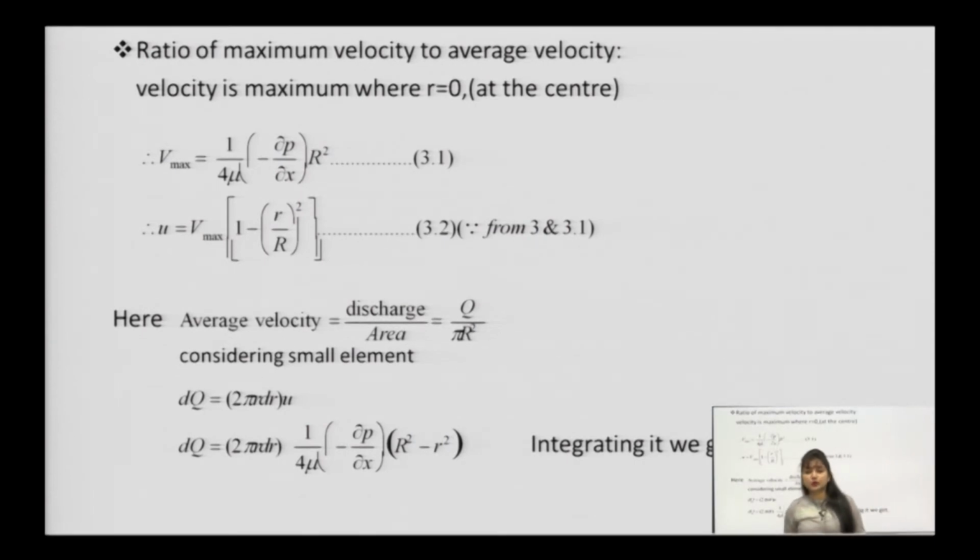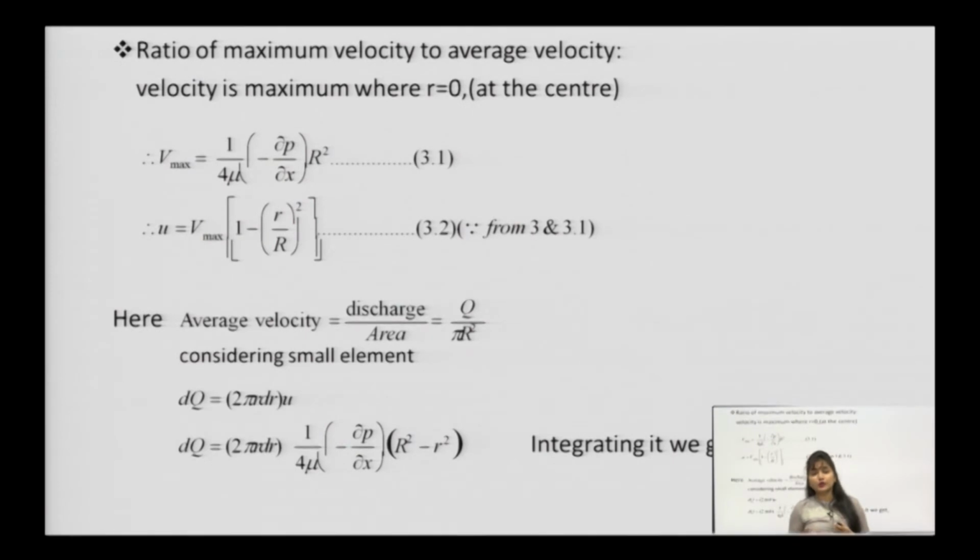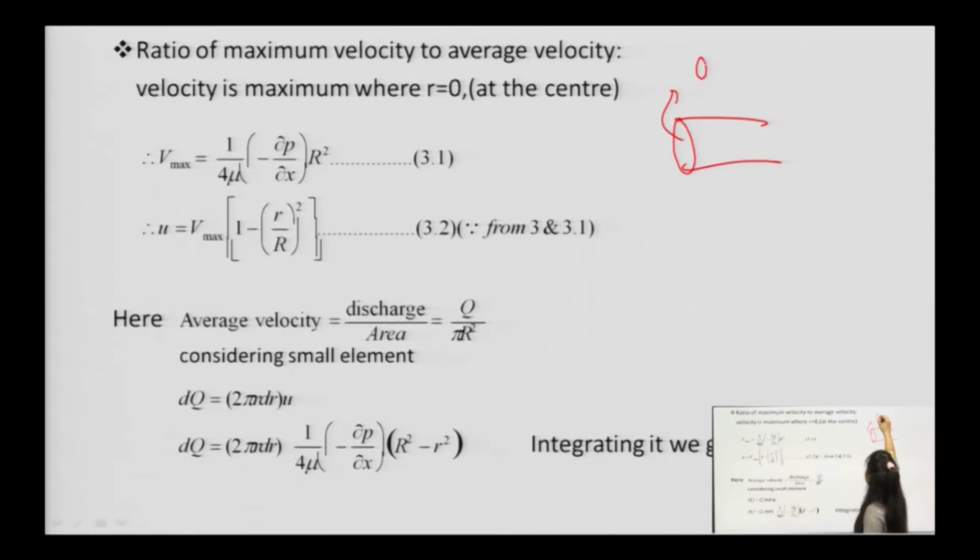Now, coming to the calculation, you can calculate the maximum velocity by keeping small r as 0, and then you will obtain V max. Then how are you going to calculate the average velocity with the help of maximum velocity? There should be a relation between average velocity and maximum velocity. If you know the discharge through that particular pipe and the cross sectional area, then with Q by A you can calculate V, and this V will be the V average.